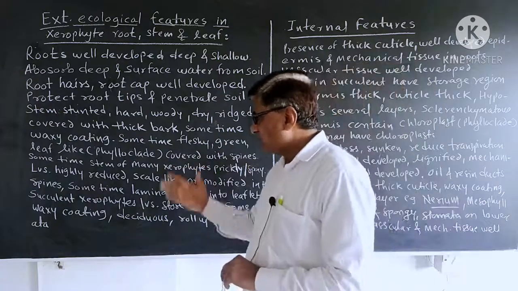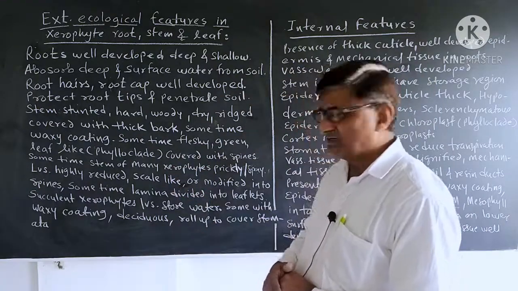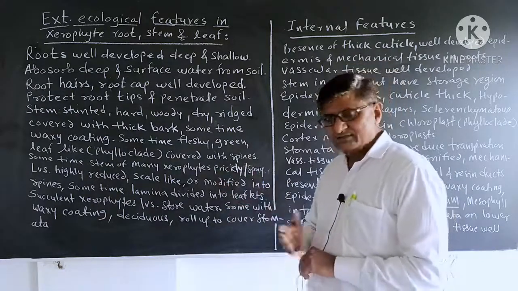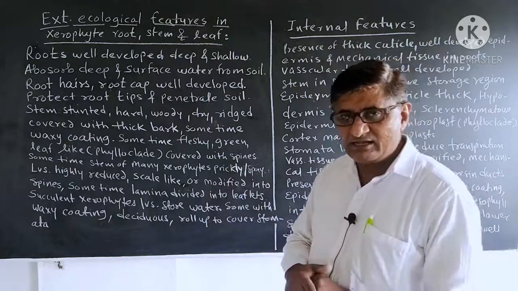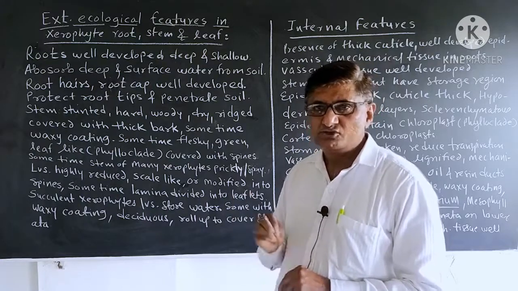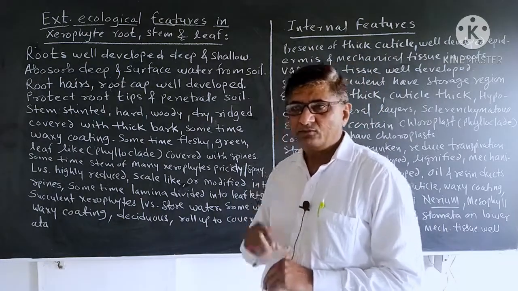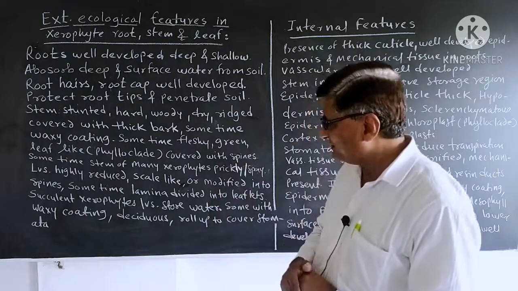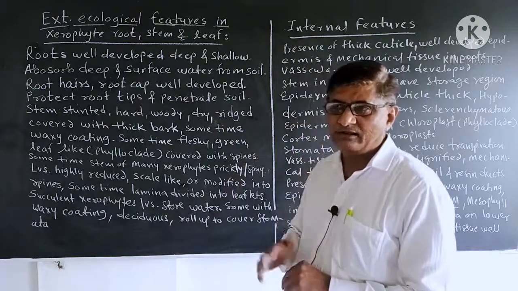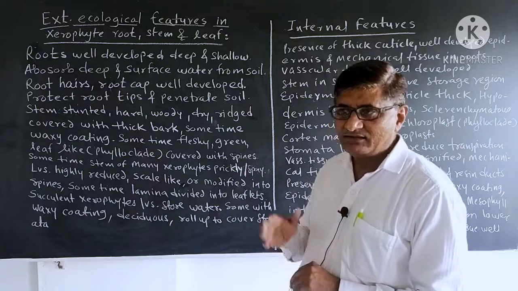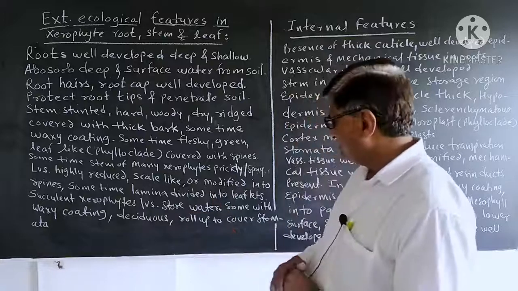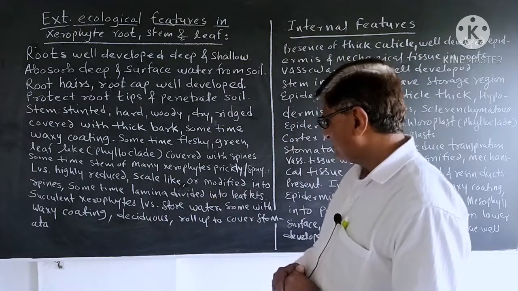In most of the xerophytes the leaves are reduced; they become scale-like or modified into spines. Sometimes the entire lamina of a leaf may also be dissected into leaflets to save more water by avoiding transpiration. For example, in many acacia species that are xerophytic in nature, compound leaves with leaflets are present. That is one of the modifications for checking the rate of transpiration.